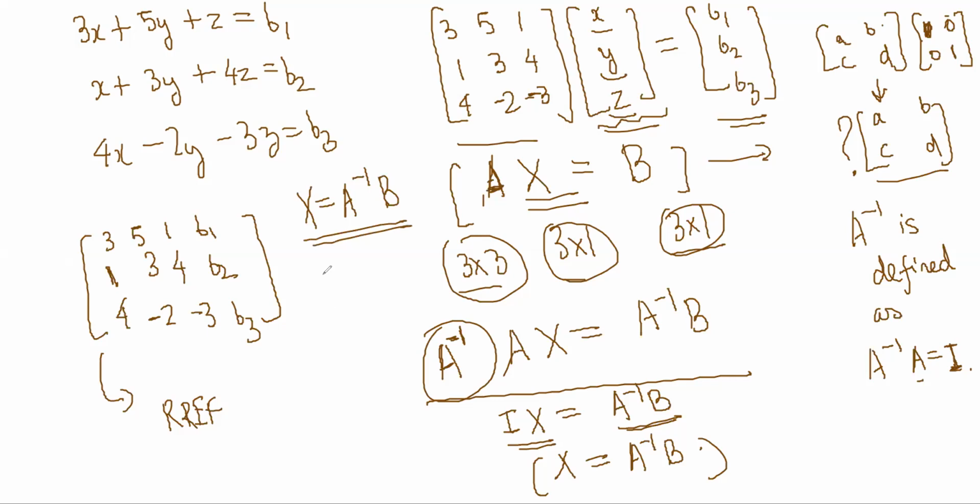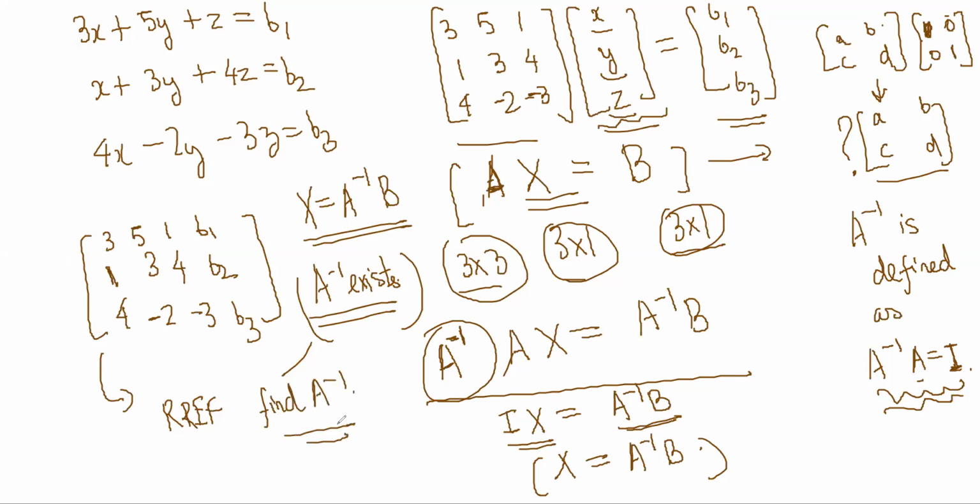But the problem is that you have to ensure that A inverse exists. Not always will there be a nice matrix like this. A inverse should exist. If A inverse exists, you also have to find A inverse. How do you find A inverse? We'll see that. Right now we are not seeing it immediately. We'll see that soon in due course of time. Any question which is in this form, I'll just multiply by A inverse and do it, because then the question is over.